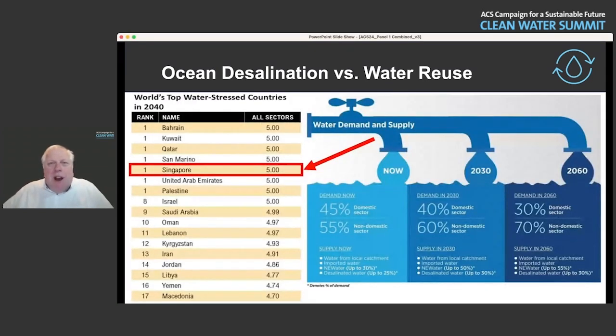So again, from where I just came from, living 7 years in Singapore, I just thought it's interesting to look at what they are predicting, and they're seeing growth in new water, which is recycled water, moving from about 30% today up to 55% of their portfolio by 2060, whereas desal is currently at 25%, may move to 30%, and they don't see further growth. So we're going to talk today a bit more about this, and I will stop there and turn it over to our